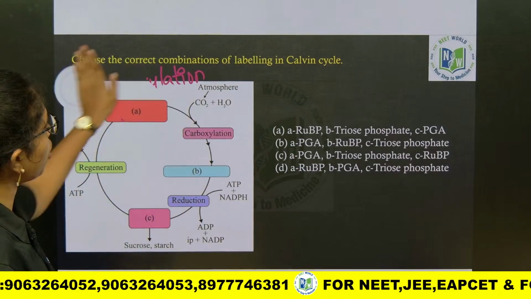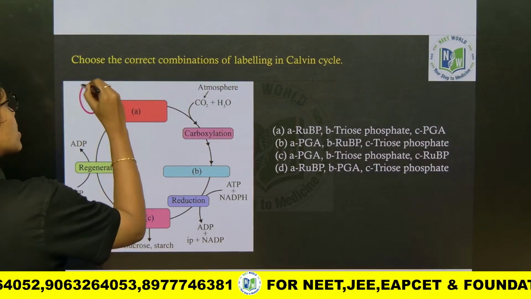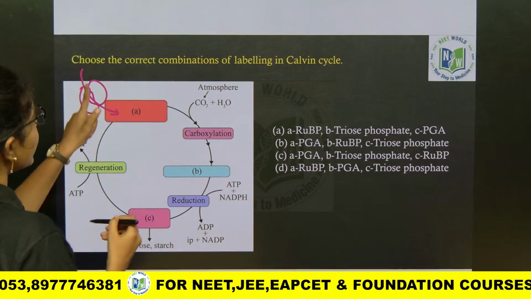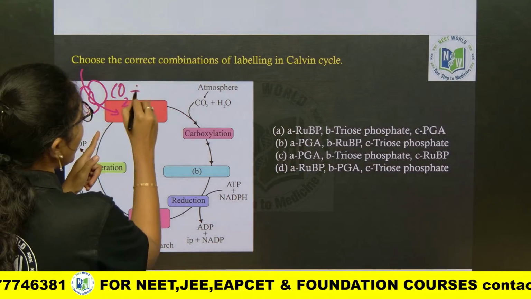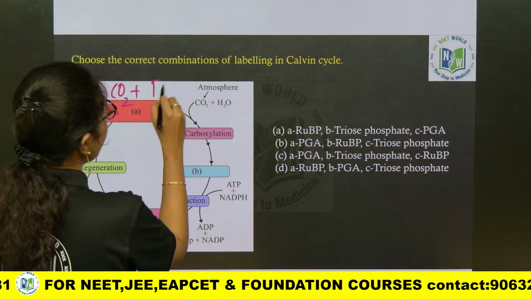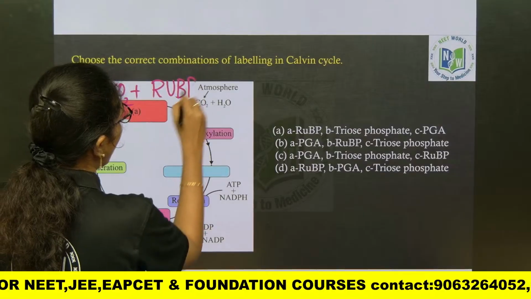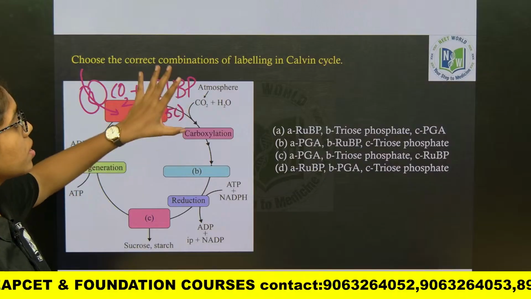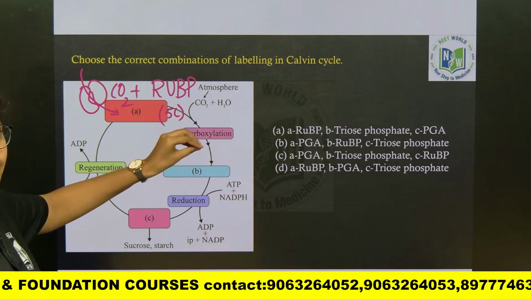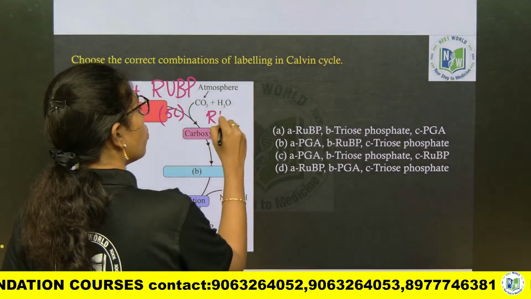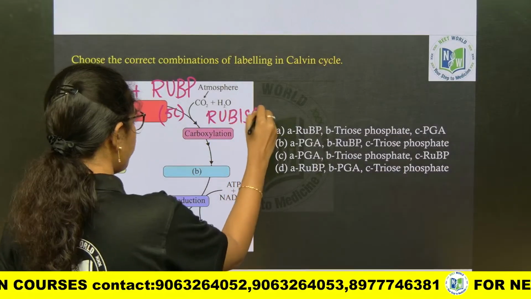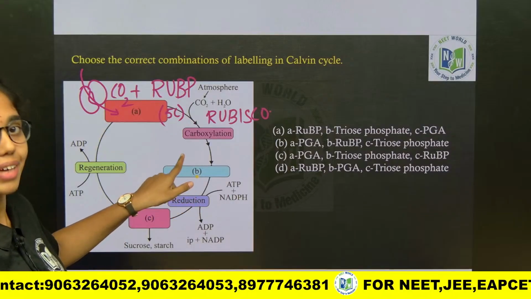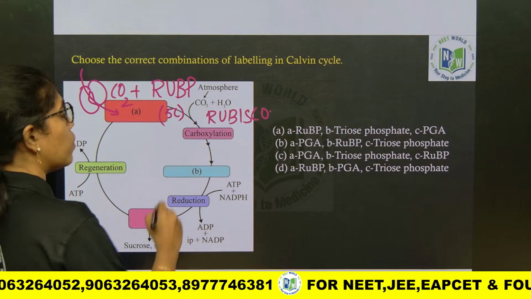In carboxylation, when carbon dioxide enters the stroma of the chloroplast, it is accepted by a 5-carbon compound, that is RuBP. RuBP is a 5-carbon compound. Clear? And this is catalyzed by the enzyme Rubisco, which is the world's most abundant enzyme. We all know that. And in B, what is the primary product of the Calvin cycle? The primary product of the Calvin cycle is